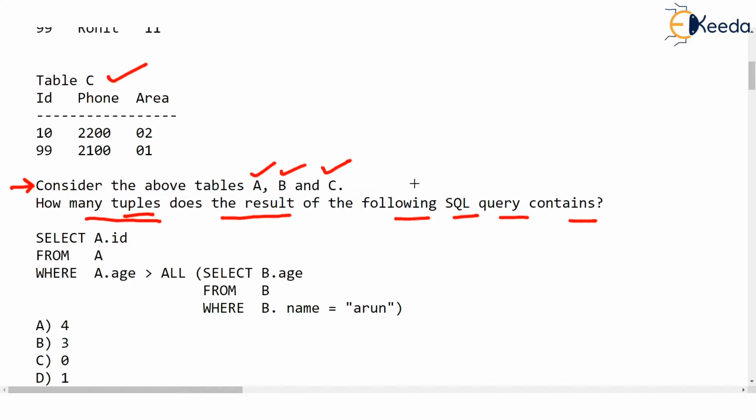Now this is easily a nested query, isn't it? You can see that there is an inner query over here, a nested query. In any expression, whether mathematical or SQL, brackets are solved first.